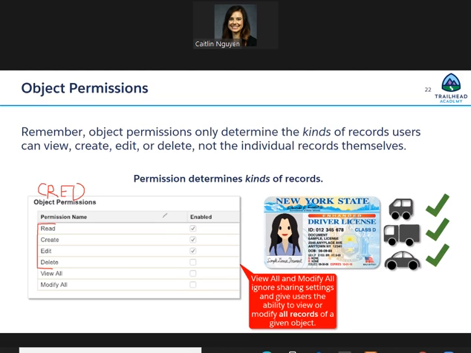These are really kind of a high level access to objects, access to categories. We're not talking about specific records within the object just yet. We will get to that here shortly. But we like to compare this to driver's license privileges. So if you were to look at my driver's license, I have a Class D driver's license, which means I can drive regular vehicles. I can't drive a motorcycle, can't drive a semi-truck, can't drive a bus,